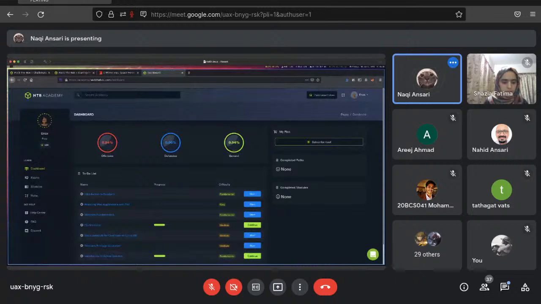Okay, this is the Academy platform which Hack the Box has, which is focused on beginners. So they have modules. Let me just show the modules.